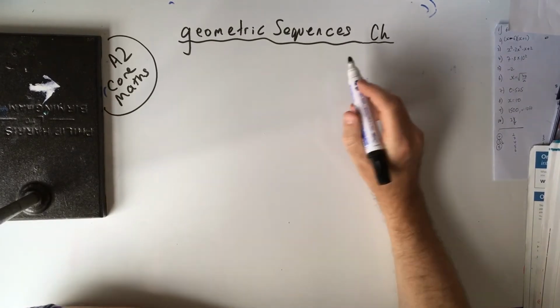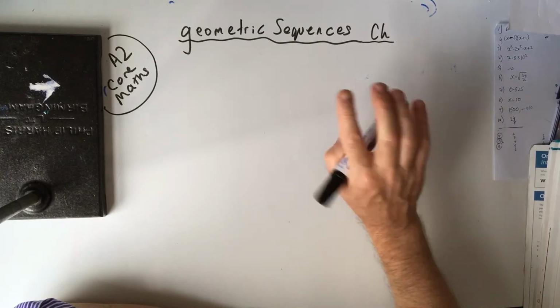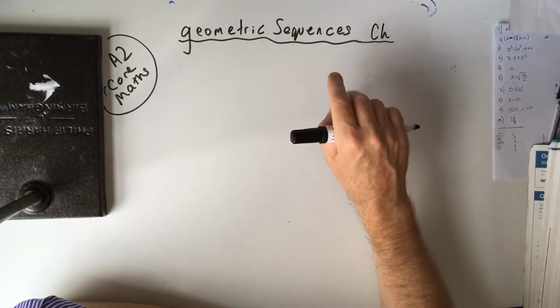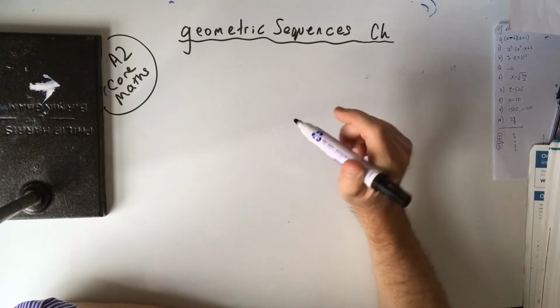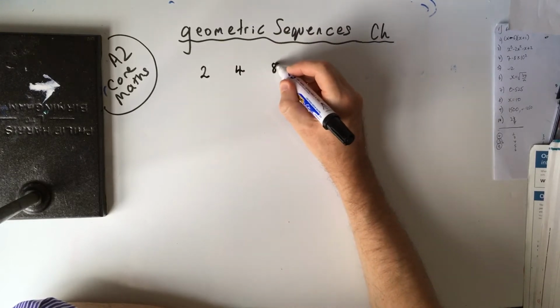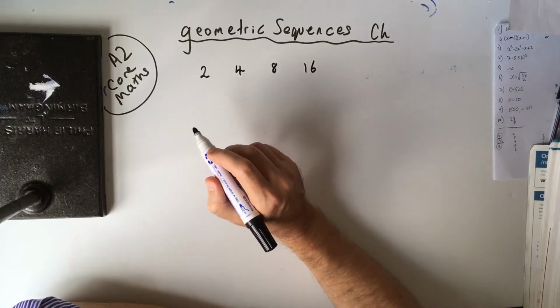Okay. So the first thing, when we started the lesson yesterday, was it Friday? Yeah, it was yesterday. When we started the lesson yesterday, I just asked the question, what is a geometric sequence? So a geometric sequence, for instance, like 2, 4, 8, 16, is, as someone pointed out, the features of it are,